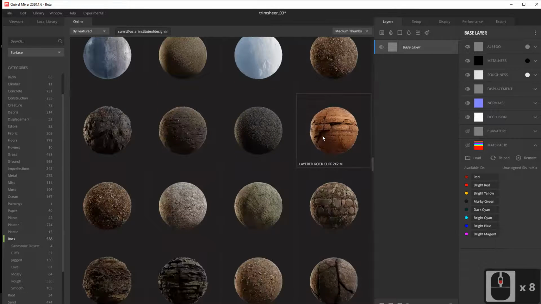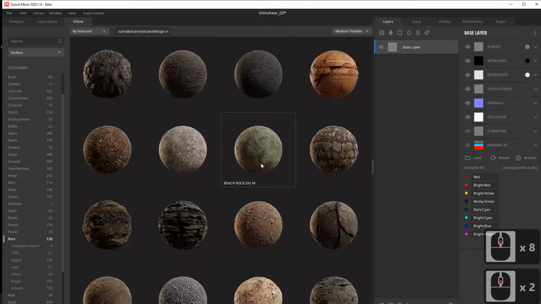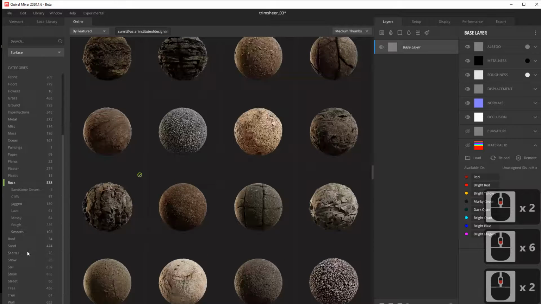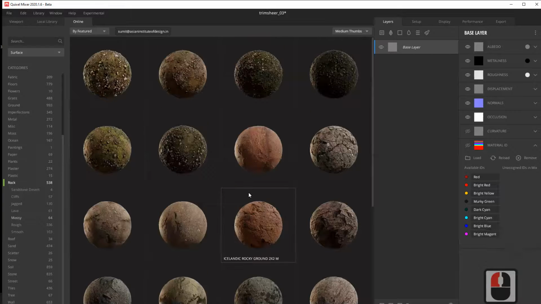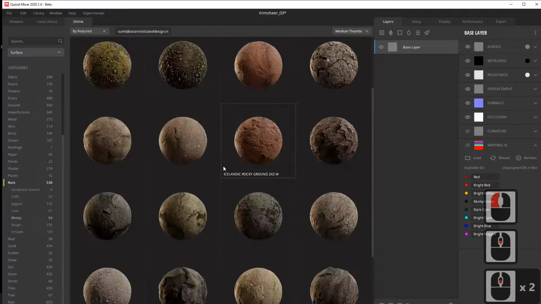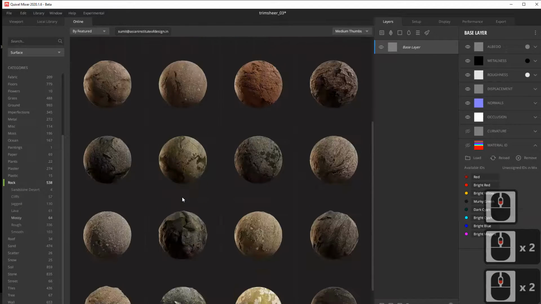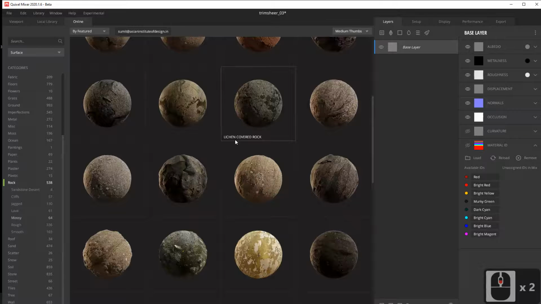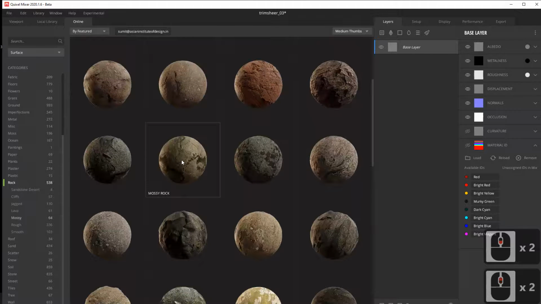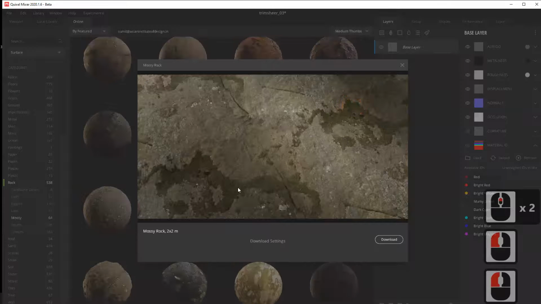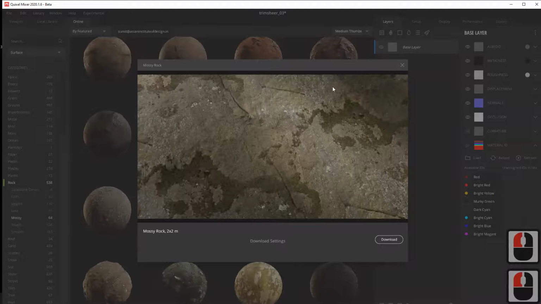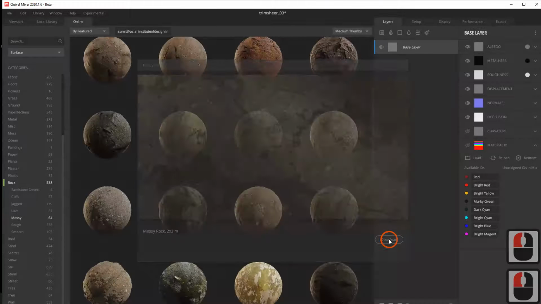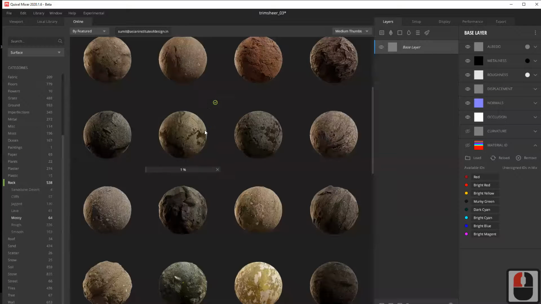I have this rock cliff texture, some beach rock, and all those things. Under rock also you can see there are so many options. Some mossy rocks. Let's use some mossy rocks. A little bit of moss, because it's weathered or near water, so there will be a lot of moss, right? So we can use some basic texture. Suppose this looks kind of nice, so I can click this, and it will open and show me the texture. I can click download. It's downloading.